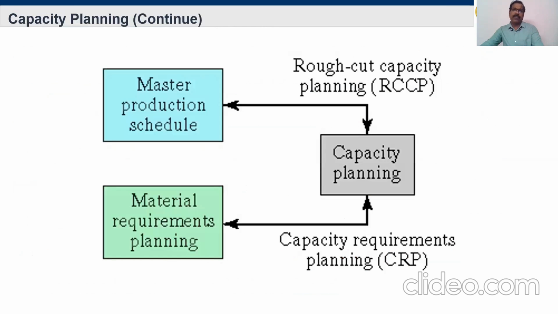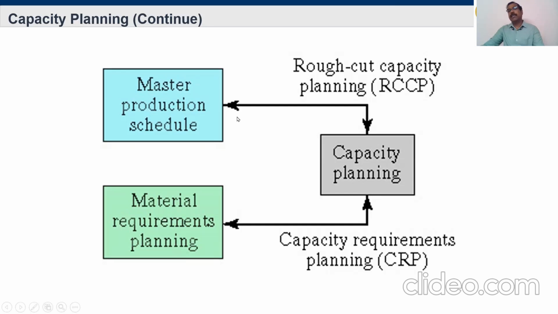This is a flow diagram, which is part of our activities of production planning and control. This is the capacity planning. As I said, it is connected to the master production schedule and also material requirement planning. So how is capacity planning connected to the master production schedule? The capacity planners calculate a rough cut capacity planning. It is not an exact number. They calculate it based on their experience and their need as of now, and they give a rough cut number to the master production schedule.